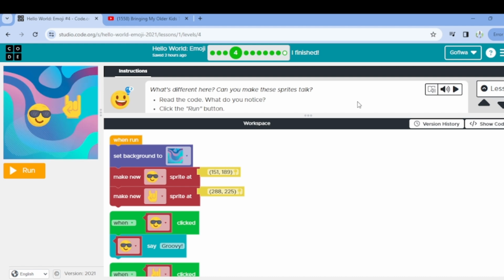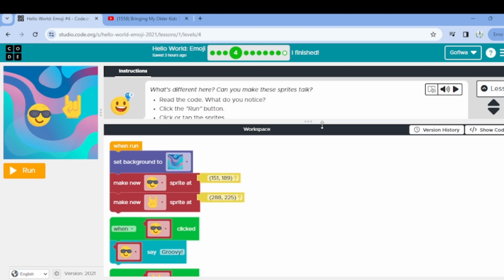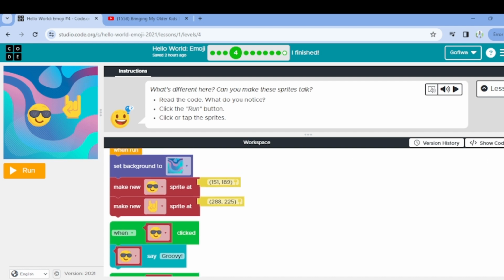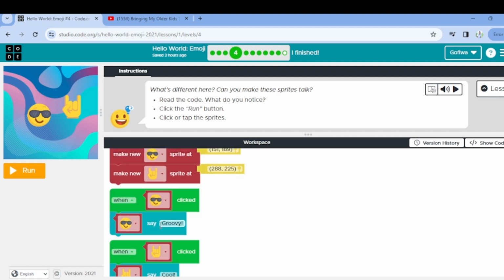So in step number 4, we are expected to know that and to actually practice on clicking the run button or clicking on the sprite. It says read the code, what do you notice? So we're gonna go to our code and we recognize this part. It's everything that we have done so far, and we see the say block, but we realize another block,